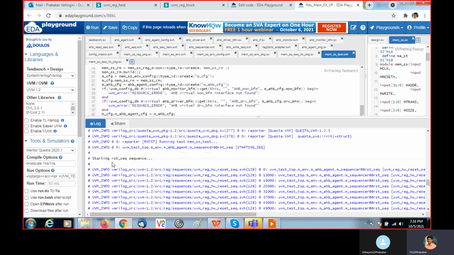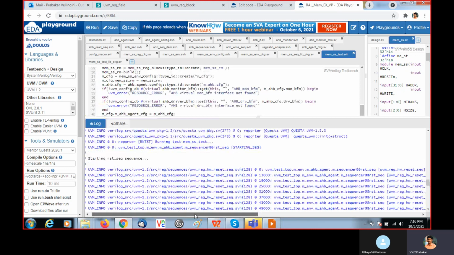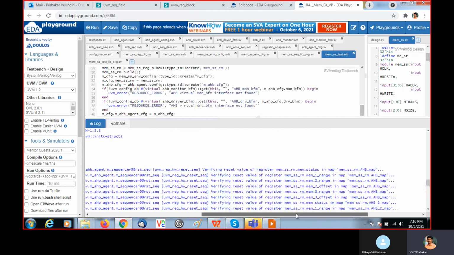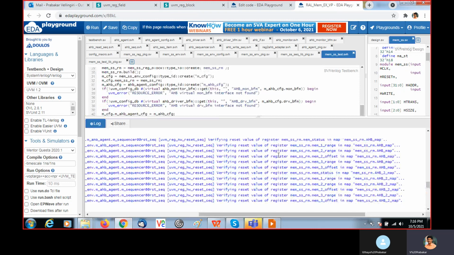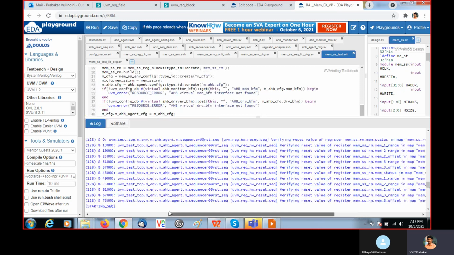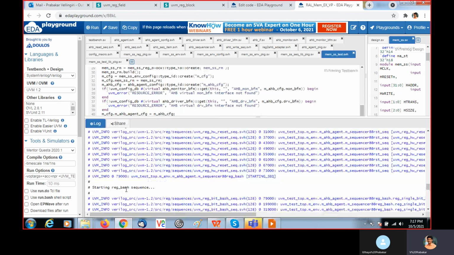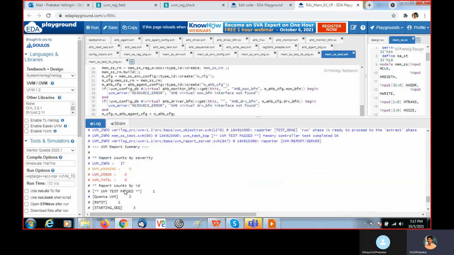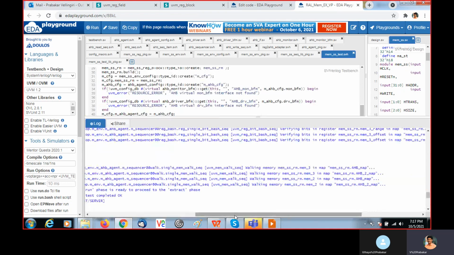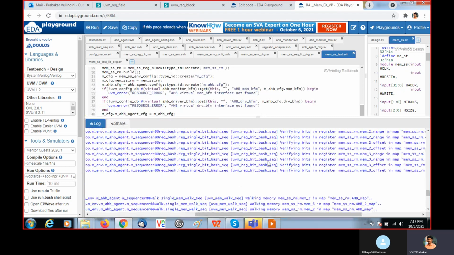First the reset sequence is happening. If you see here, it will perform reset, then config, and then reset sequence, register bash sequence, and walk sequence. So everything happened, and we won't get any errors. Everything happens fine. If there are errors, it will indicate in red color what the expected and actual values are.